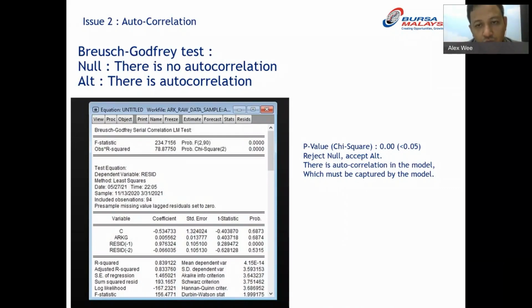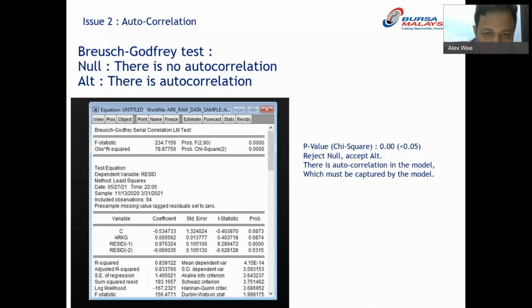So is autocorrelation good or not? Autocorrelation, of course, is not good. You need to capture the autocorrelation to your advantage. Okay, you have to capture it. If your model fails to capture it, your model is not a good model, and therefore you are not able to come up with a good indicator. A good indicator must be able to capture the issue of autocorrelation.